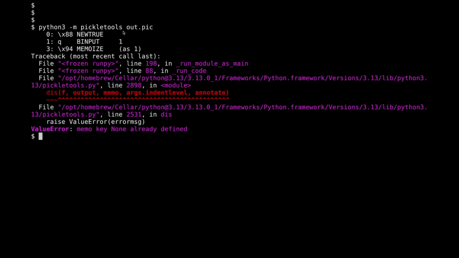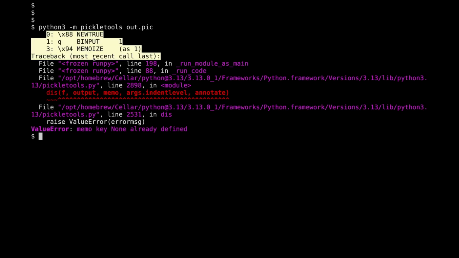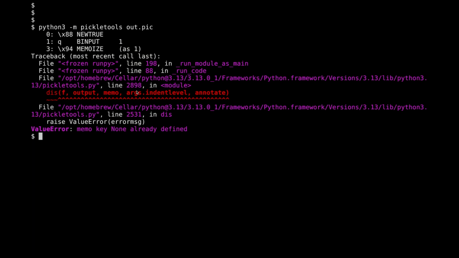If we run pickle tools on out.pick, we see NEWTRUE, BINPUT, MEMOIZE, and that's it. It errors before it prints the rest of the information. There is a way to get around this with pickle tools, importing it and doing some stuff, but importantly, we can detonate that file and it does work. Looking at this in Readari,